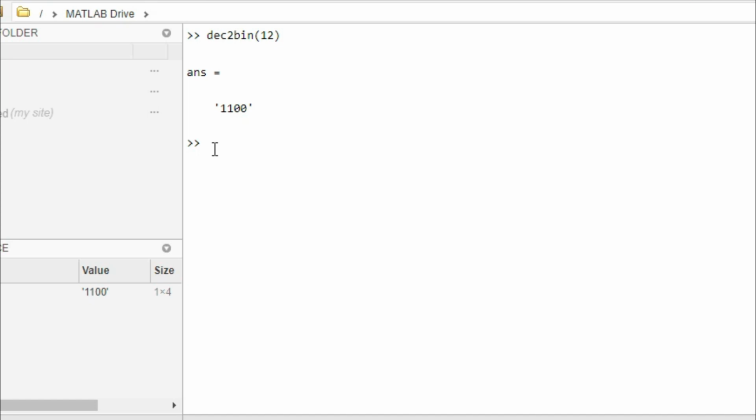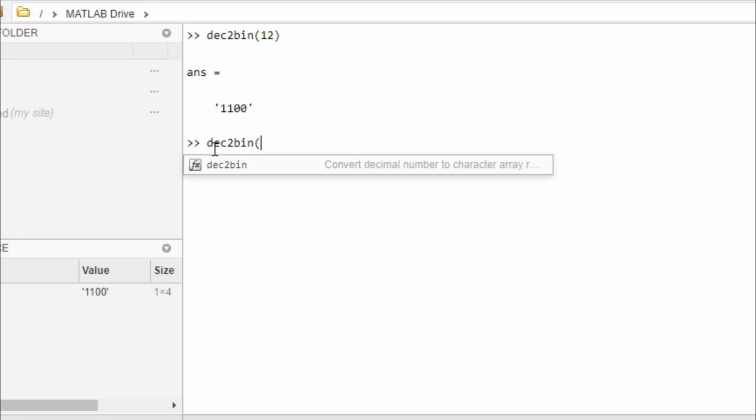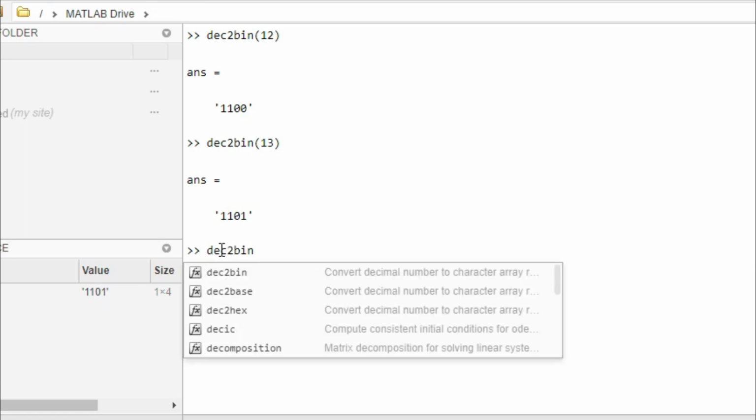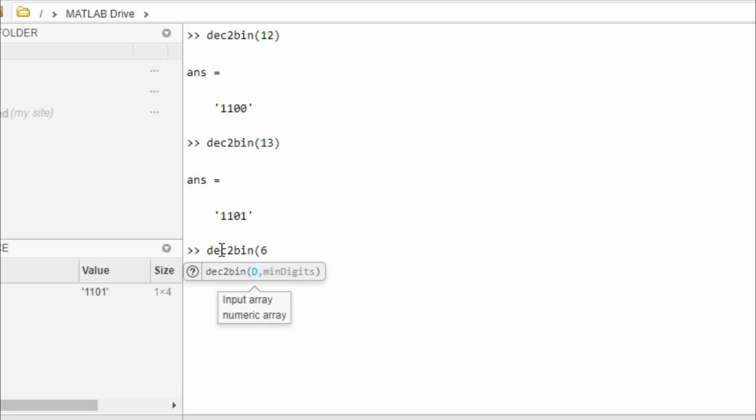Let's try dec2bin of 13. It gives 1101. Same, it ignores the leading zeros. Now dec2bin of 60. It gives 111100. Here it ignores the leading zeros.